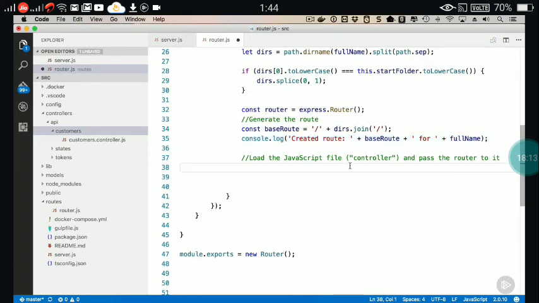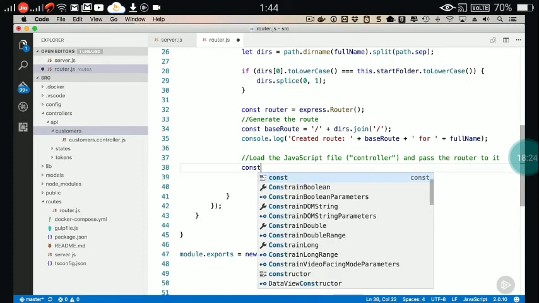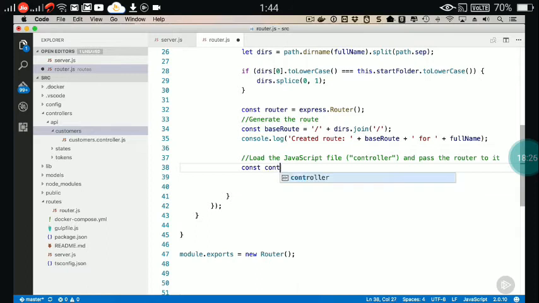And then I need to load the actual controller itself, the functions for the route dynamically. So the routes will be built up dynamically based on the folder structure. Then what we're going to do is load up the controller class. So I'm going to go ahead and create a constant here. I'm just going to call it controllerClass. And we're going to require,